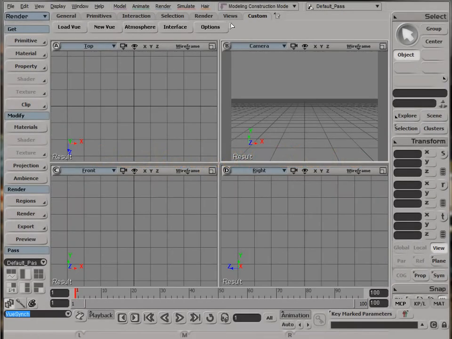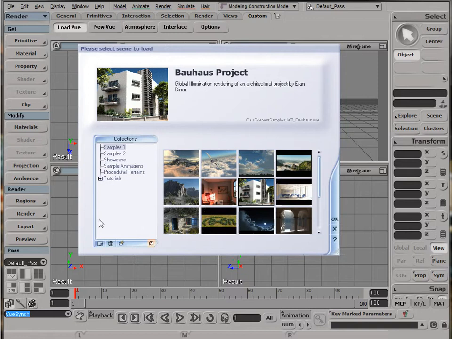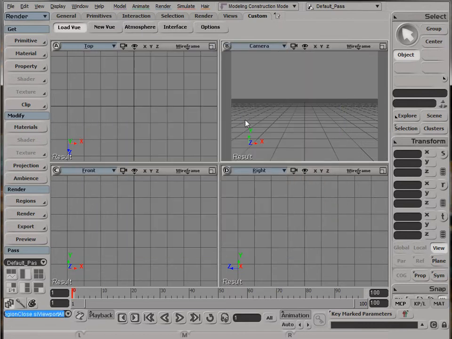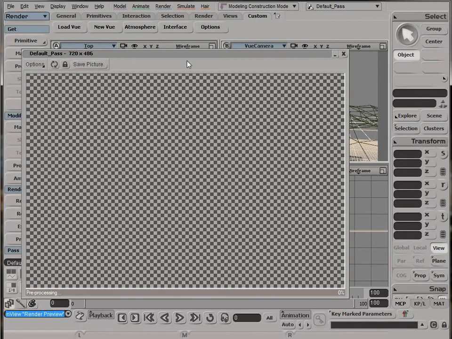Now when you finish customizing in a way you like to access Vue, you can start loading scenery. So let's go first to click on Load Vue. We come up with a very familiar environment for the Vue users, where you can select one of the scenery and load it directly inside the XSI. At this point we can click on preview and you can see,